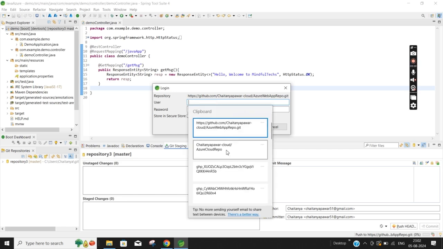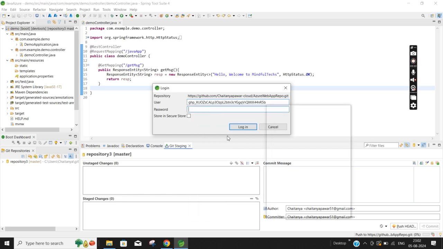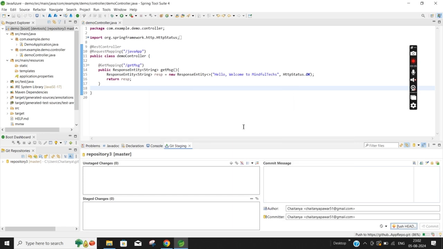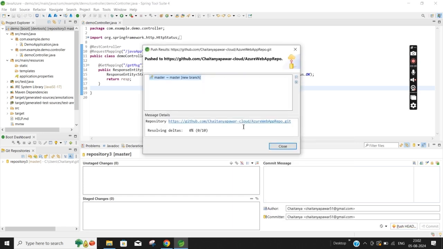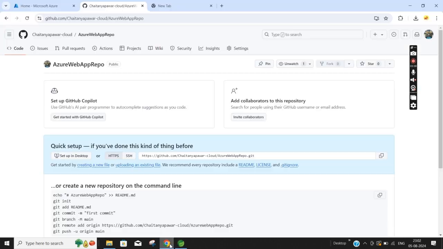So again I will provide the token. So our project is pushed into the master branch of our repository. So just refresh